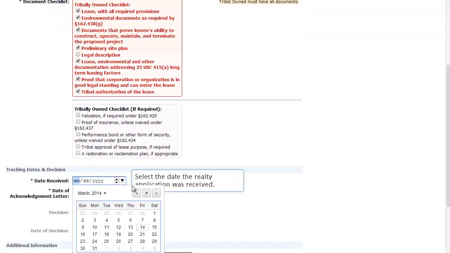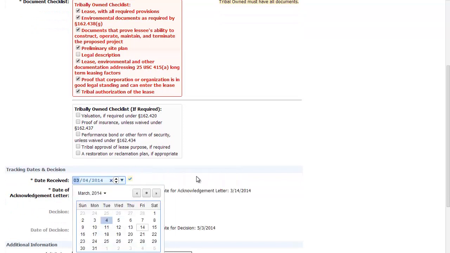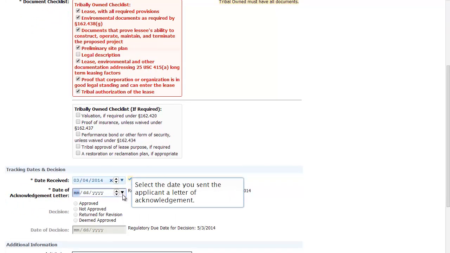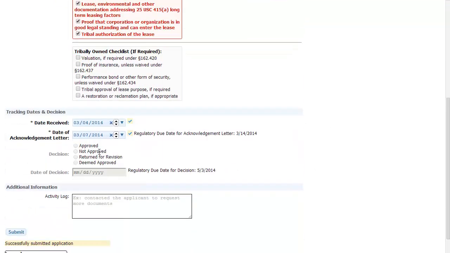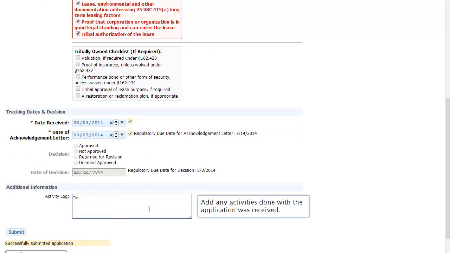So in this case, you're going to go ahead and put the date received. Let's say it was received on the 4th. So the acknowledgement letter in this case is really when you sent it back as an incomplete application for them to resubmit. So we'll go ahead and say it was the 7th. Since it's incomplete, decision is grayed out because there's no way to have a decision on an incomplete case. So you can say returned to applicant